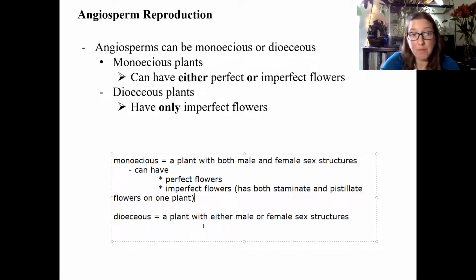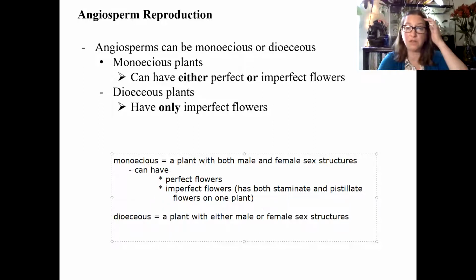So a monoecious plant may have imperfect flowers. That's okay though, as long as both of the flower types, the male flower with the male sex structures and the flower with the female sex structures, are present on that monoecious plant, the plant's still monoecious. However, if you're a dioecious plant,